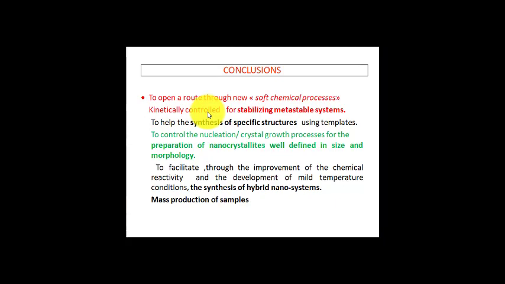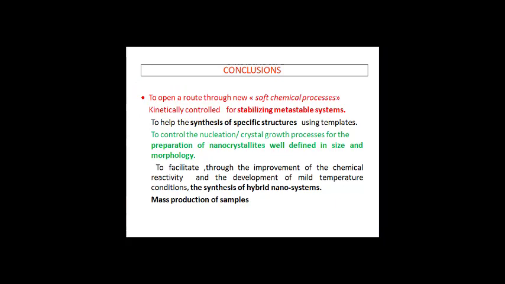This method helps the synthesis of specific structures using templates to control the nucleation and crystal growth process for the preparation of nanocrystallites well defined in size and morphology. This method facilitates, through the improvement of chemical reactivity and the development of mild temperature conditions, the synthesis of hybrid nanosystems. Mass production of samples can be carried out by using